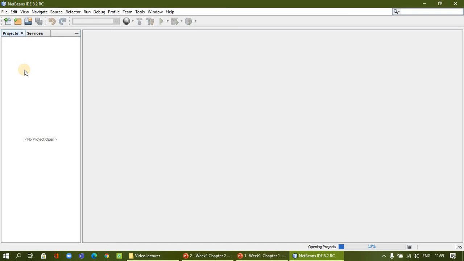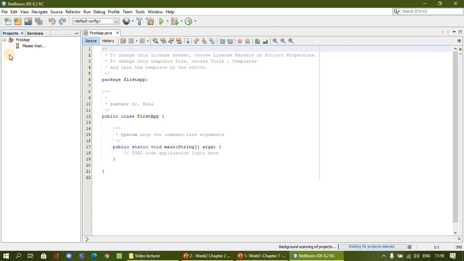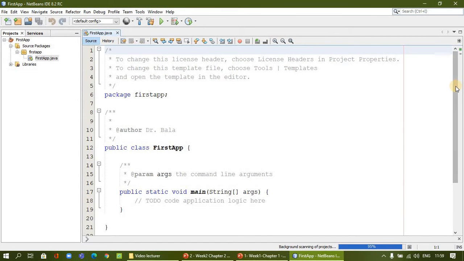You will find the Source Packages, where the application name that was given is taken as the package name. Inside it we have the application, which is the main class. You can enlarge it and see here. This comes up with the main method.